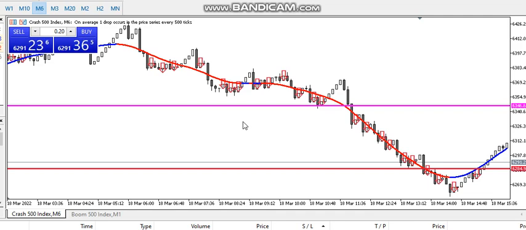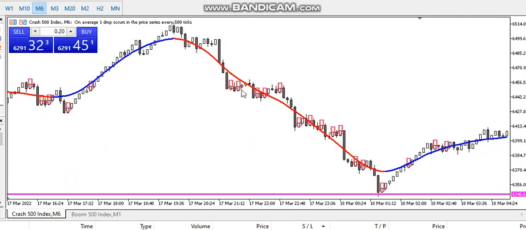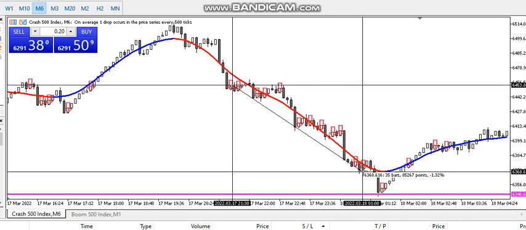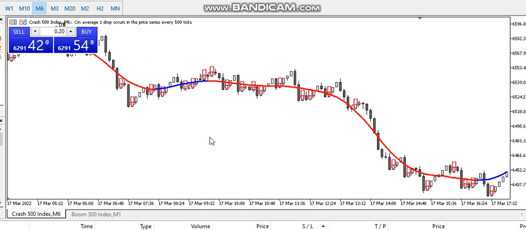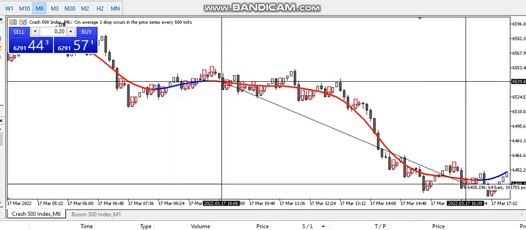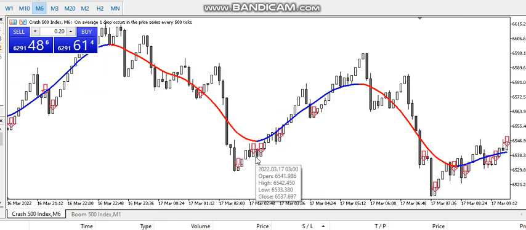So if you just follow this principle, this is M6, you let the color of the center line change, first arrow, enter, and keep holding the position. Look at this point here. From this point up to here, you have your 10 to 20 clean dollars. Now look at this one. This was massive from this point up to here. Yeah, so it is easier trading it in